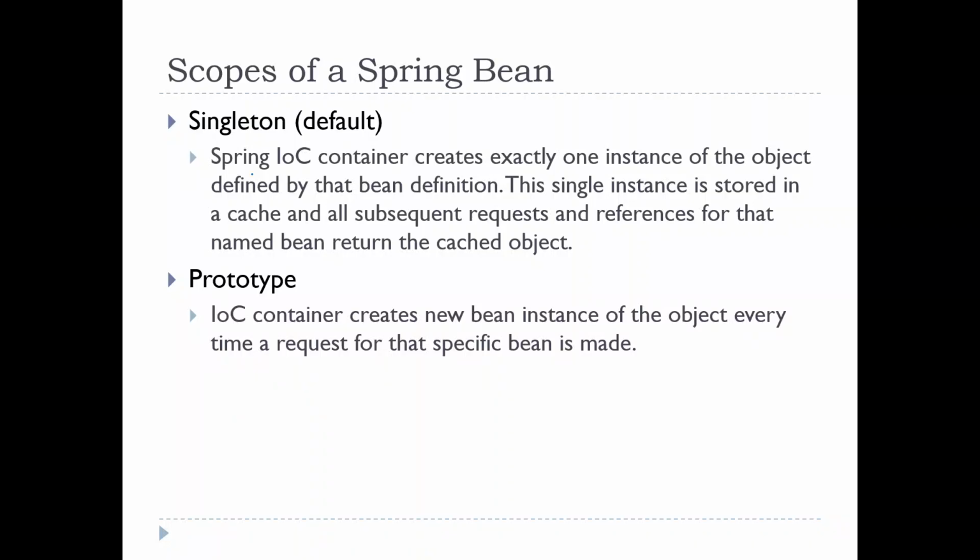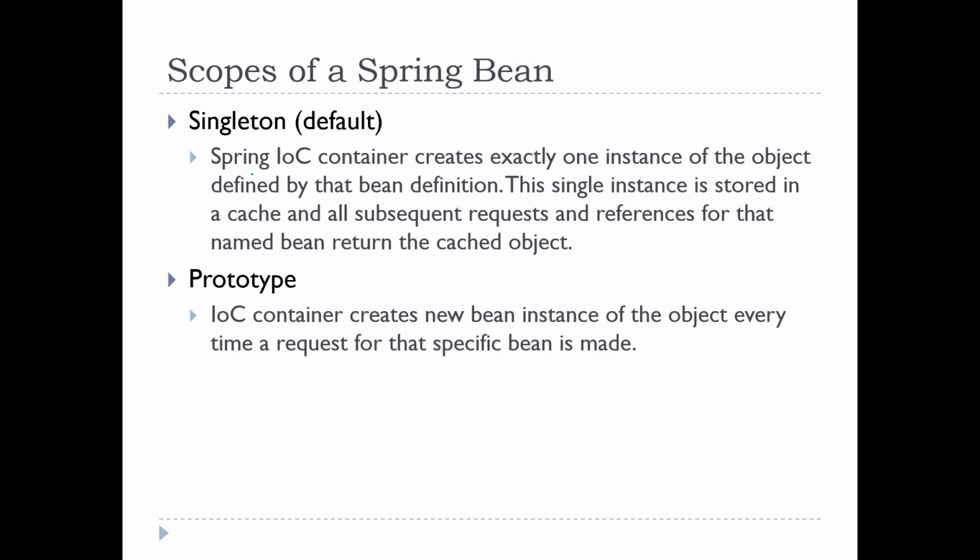By default, all beans that we create are singleton beans. That is, exactly one copy will be created, that is one object will be created, and this copy is stored in a cache. And whenever we send a request for that bean, so whenever we call the getBean method, it is going to return the same cached object that was created. Because it is only created once, the constructor and the other methods will not be called every time. They are only called once, and whenever we use the getBean method, the object is simply returned.